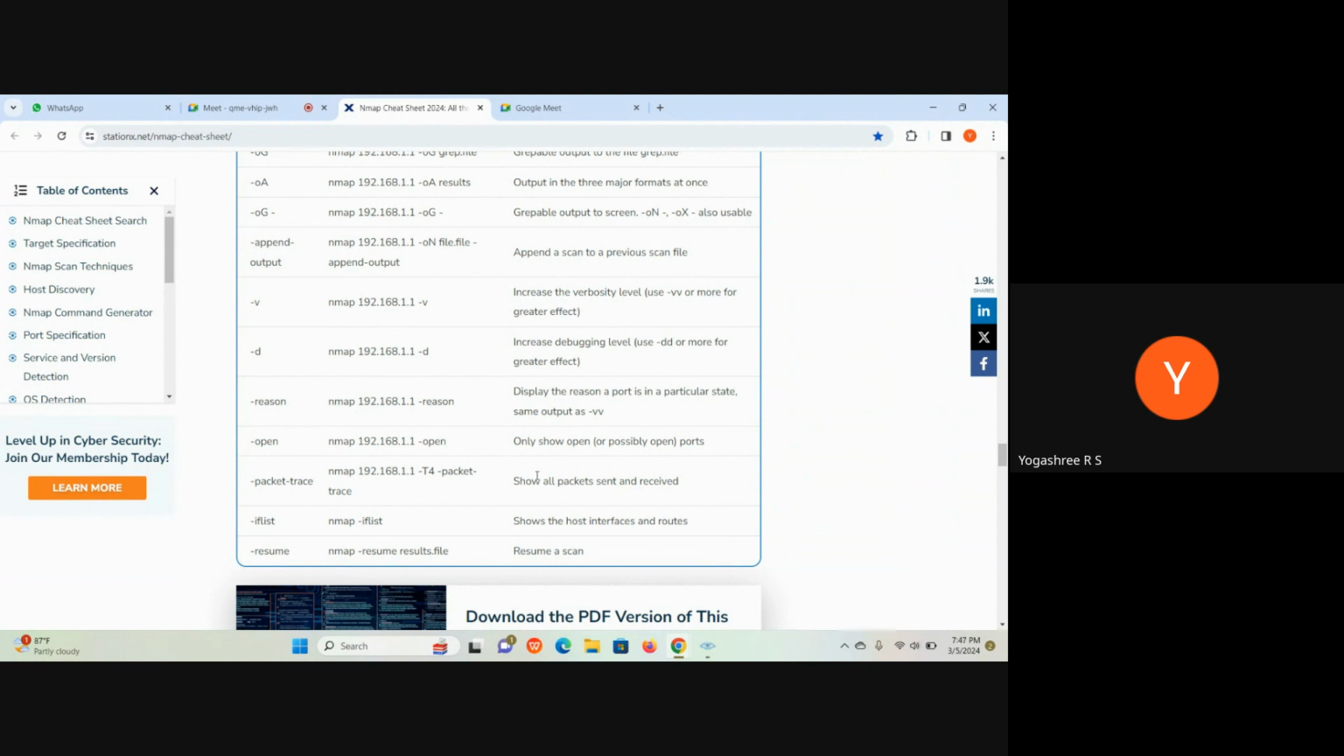So after creating the text file, as soon as I type the command here,